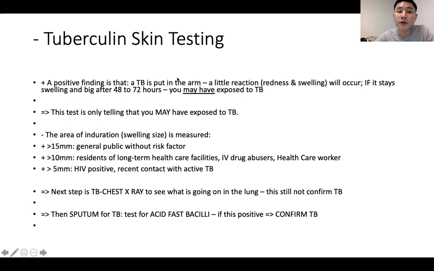All right, a positive finding of tuberculosis is based on the TB test, like the injection we put in our arm that you guys did. It will cause a little reaction. It causes the area to bulge up a little bit, swell a little bit, and redness will occur immediately after they put it on. So if it stays swollen and big after 48 to 72 hours, it means that you may have been exposed to